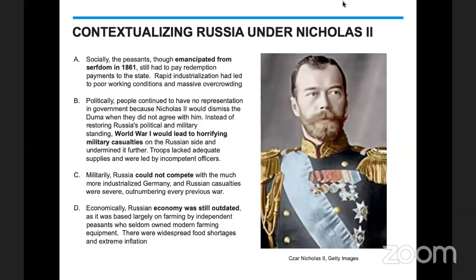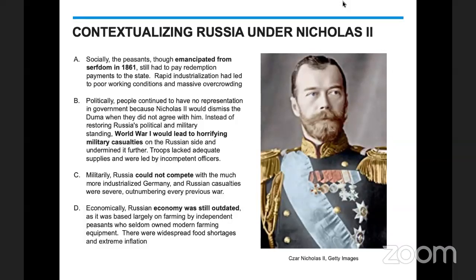Politically, so much is going on besides World War I. First of all, we have there on the right a picture of the Tsar, Nicholas II. We're still in an absolutist regime at a time when absolutism is really failing around the rest of Europe, right? So we are going to talk in a minute about how he will sort of grant some representation in the form of the Duma. But the Duma, when it disagrees with him, he ends up dissolving it. And we'll talk about the decade preceding the start of the Russian Revolution here in a second.